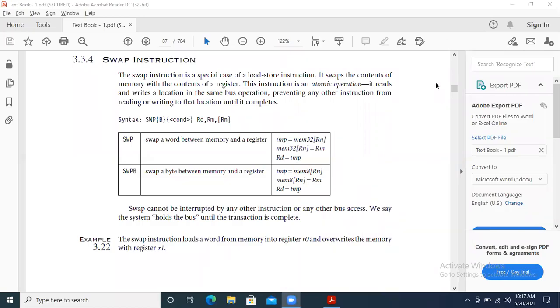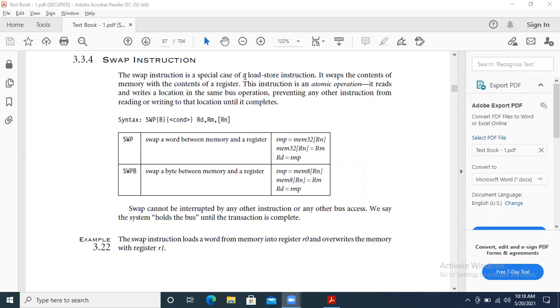We discussed the first two topics, single and multiple. So in single, what happens? We have only one data item to be sent from memory to processor or vice versa. We can load only one word, or only one byte, or the 32 bits, or the half word. So only one element is stored or loaded in the single. Next, in multiple we can take more than one element, that is called multiple here.